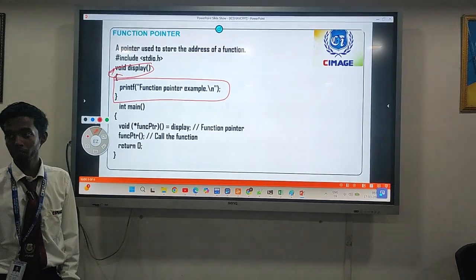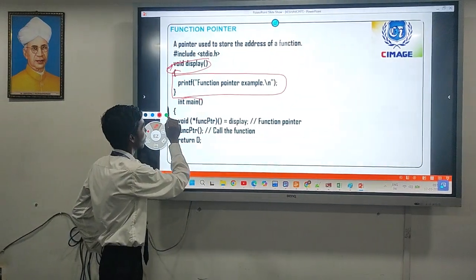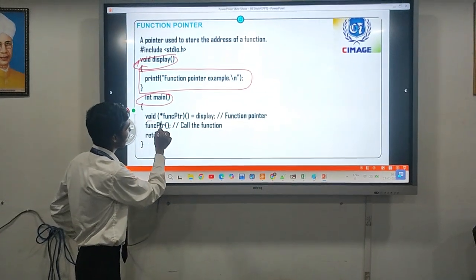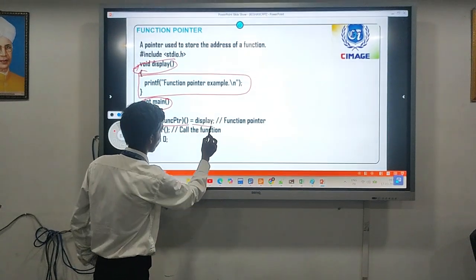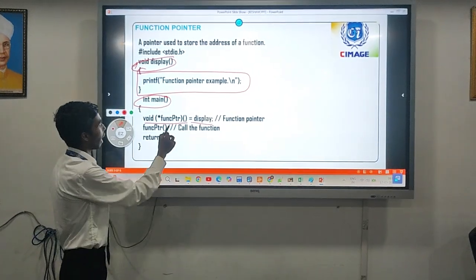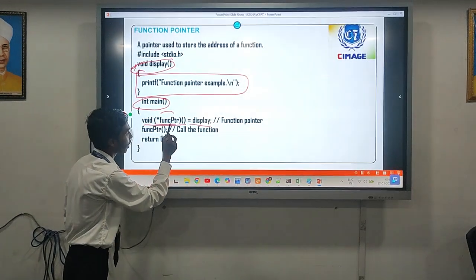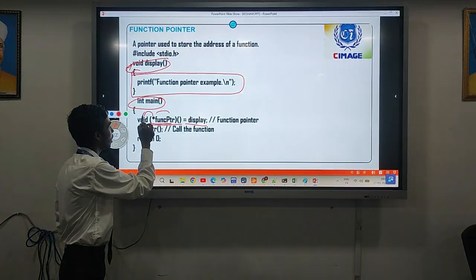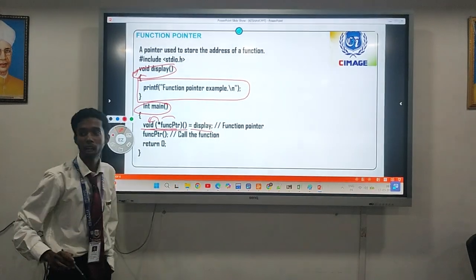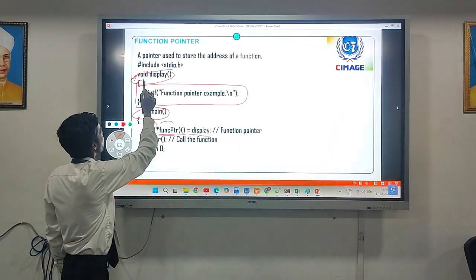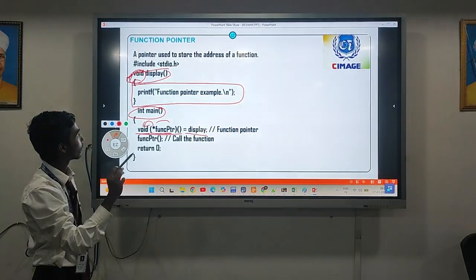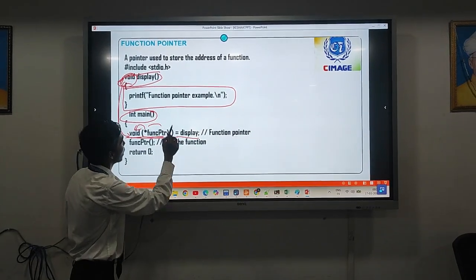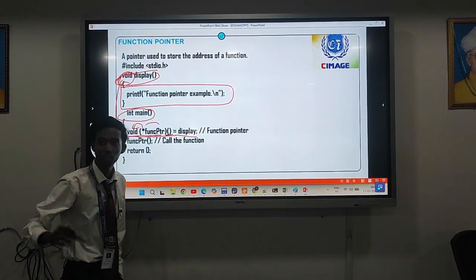You all know that the main execution starts from main. Now here this is important. I have declared a function pointer through funcptr, and I have ensured that its return type is void, because you have to keep in mind that the return data type will be the same, and it has no parameter, so I will leave this blank.